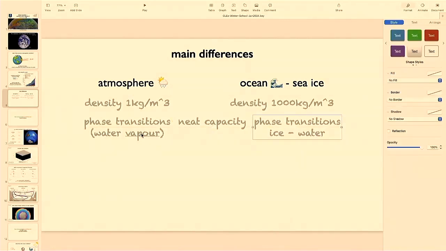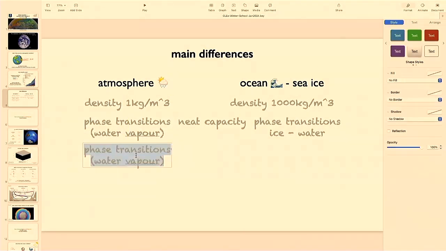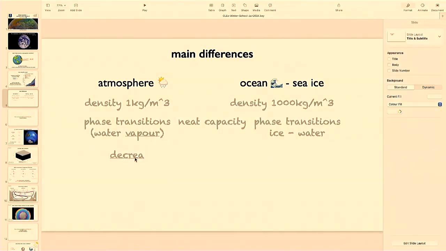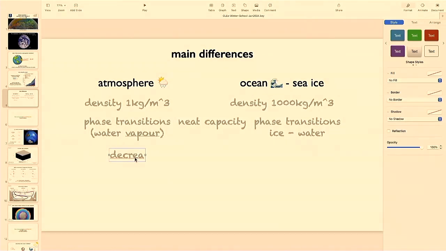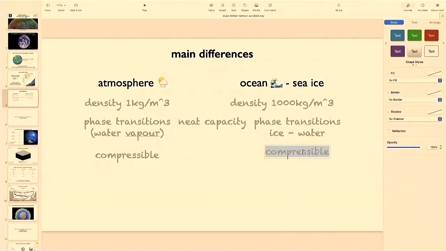Stratification, I guess the ocean increases the pressure and the depth, and the atmosphere does the opposite. True. But they're both stratified in that sense, okay. Depends also how you measure. Okay, so like this decrease. So in that sense, they are similar because they're both decreasing their density as you go up, right? Compressibility, that is a big one. Compressible, and this is incompressible to a very, very good approximation.